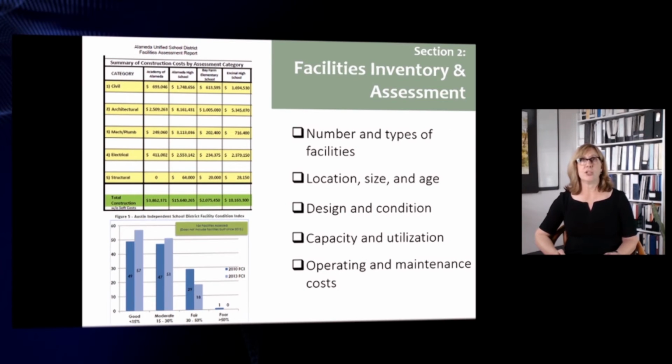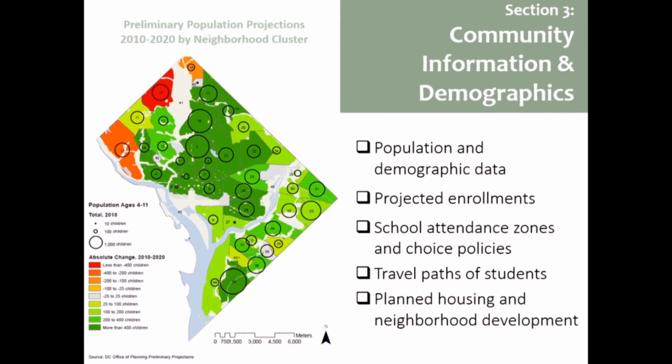Sound data and information are critical since facilities decisions affect schools and neighborhoods for generations. Still, a master plan doesn't need to be overly complex. It should be in a format that is easy to understand. Technical tables, charts, and maps need to supplement the plan, but they are not the plan. Section 3 includes background on the conditions that affect public school facilities. This includes population, enrollment, transportation, and land use information and data. Particularly important are enrollment projections so that your district knows it will have enough space in the right places.